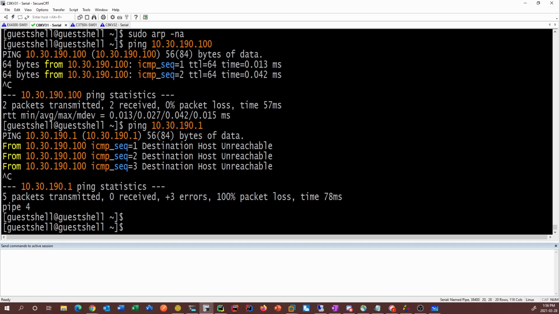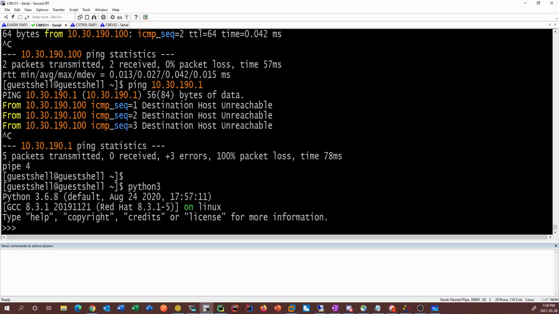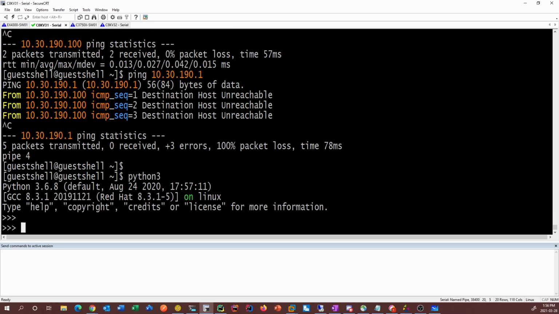So, what I was going to do is pull down a nice shell there, but we'll just use the old school one. So if we go python3, this will launch us into the classic Python shell. So we can do things like hello world